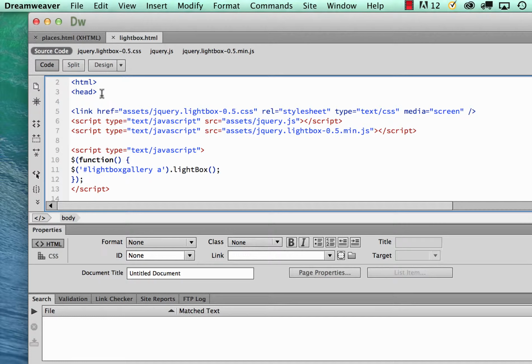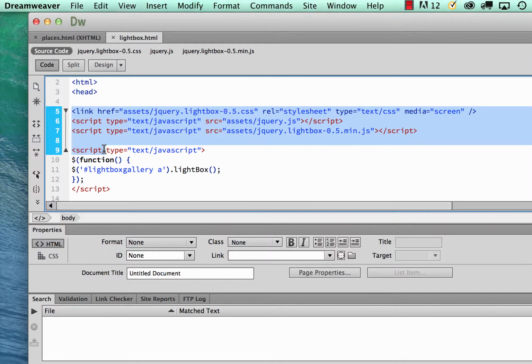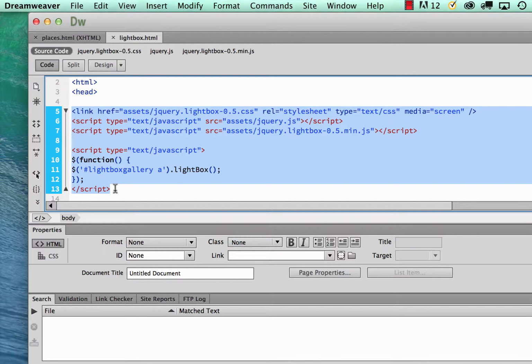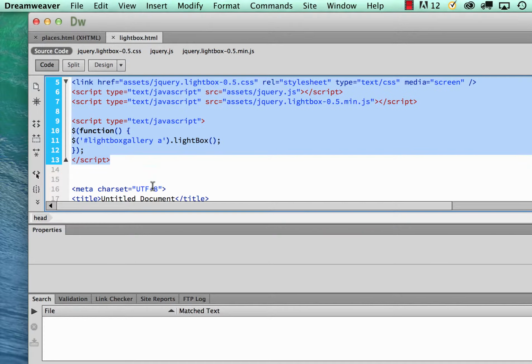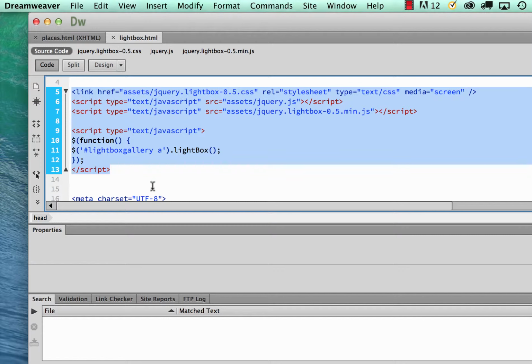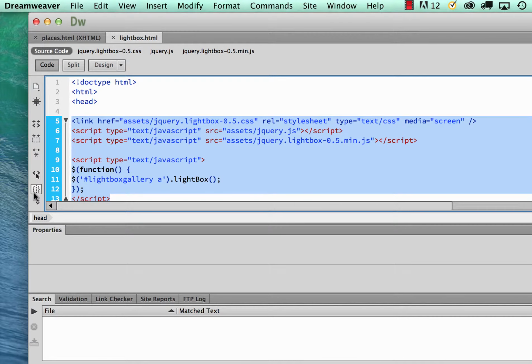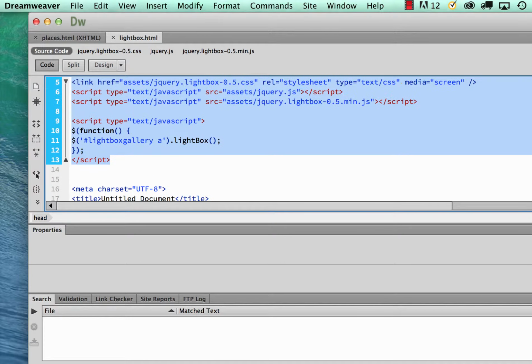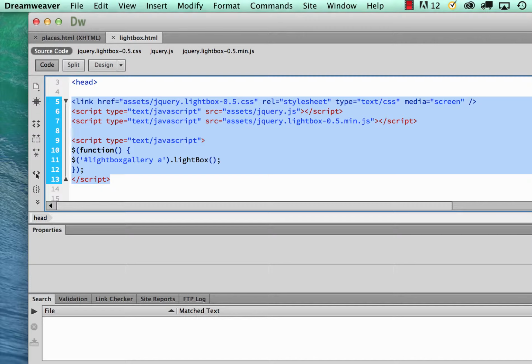So I'm just going to go ahead and, right below the head tag, I'm going to copy the code from the head tag all the way to the closing script tag. Generally speaking, it's much easier if you have comments, so